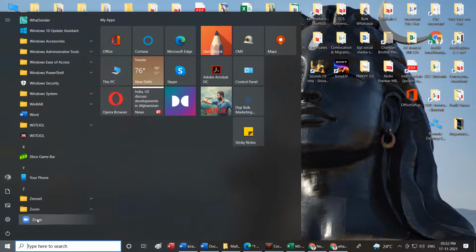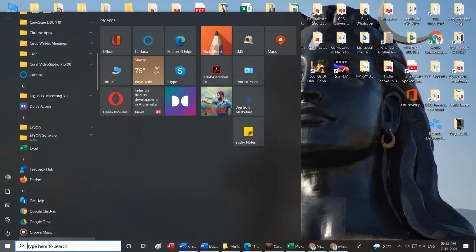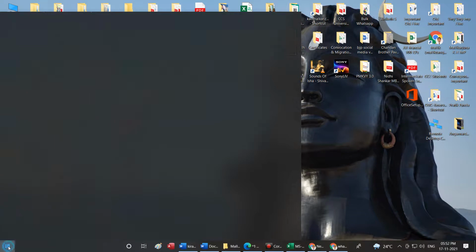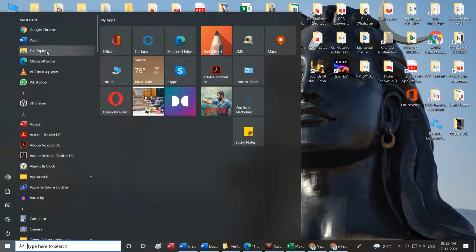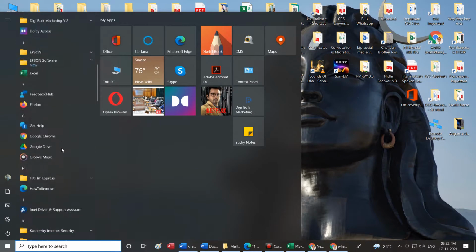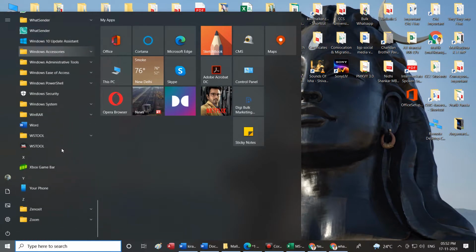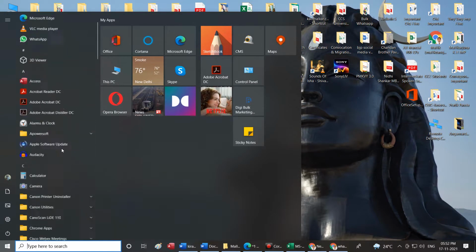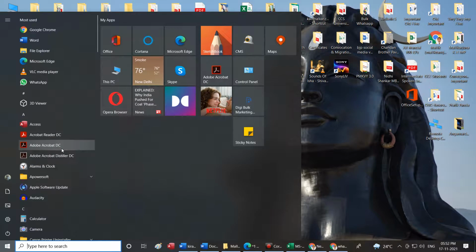Okay, now what you will have to do is, when you get into the system in the lab, you will have to click on the start button, and then I want you to write down all the applications one after the other. There are some applications which are inside a folder. Like, we will start from A. These are the most used applications. Some of the applications which I use very often will start displaying in this place. We will see that again.